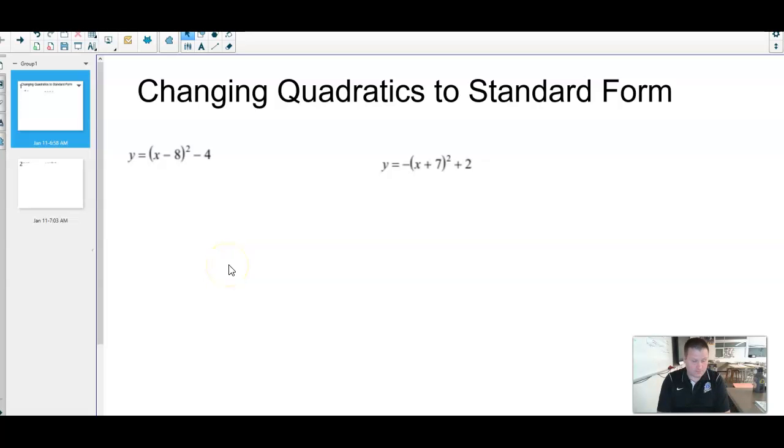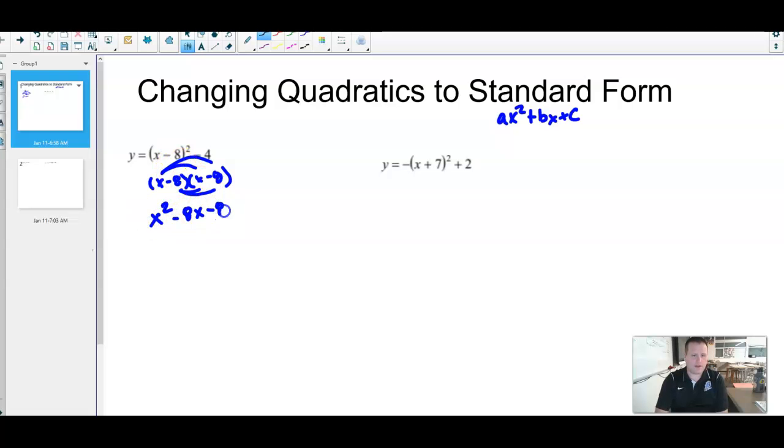So here we go. If we are in vertex form and we want to change this back into standard form, I'm trying to put it as ax squared plus bx plus c. So I take this left side. The first thing I have to do is take care of this squared part. Remember, this is x minus 8 times x minus 8. So I'm going to take care of that first by distributing or crab handing, whichever one you want to call it. This would be x squared, and then minus 8x, and then plus 64, which would give me x squared minus